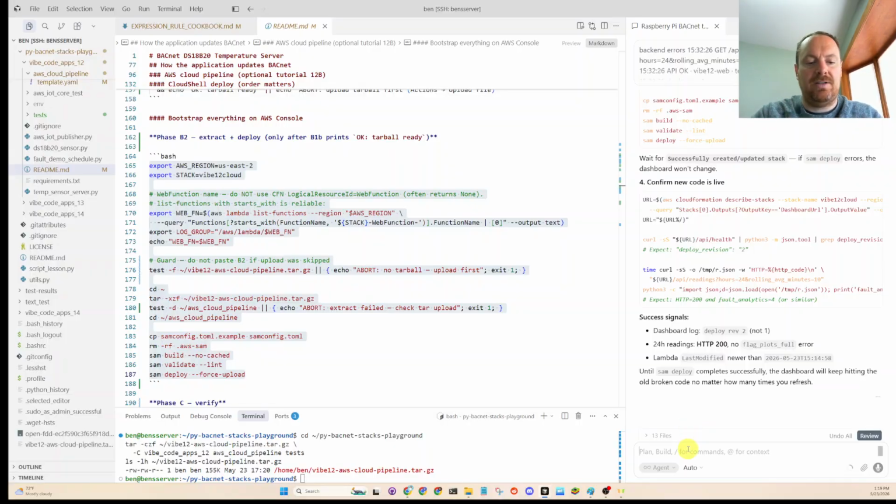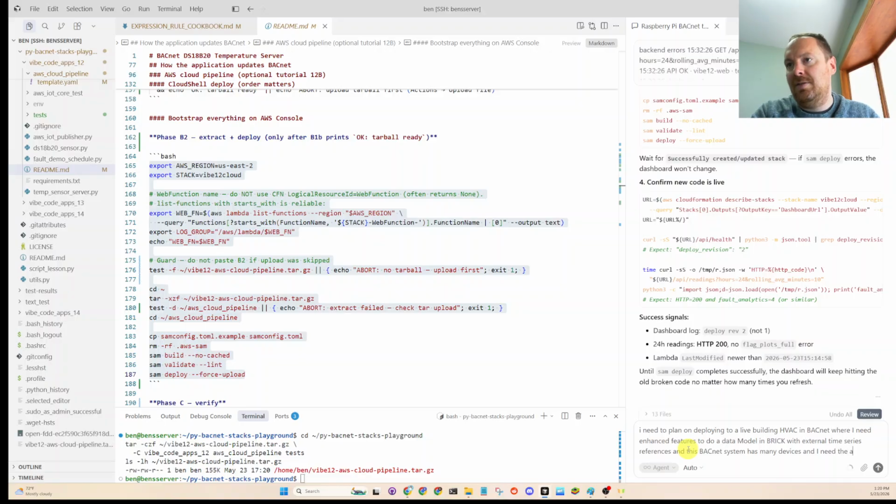The next thing I'm going to say is, I need to plan on deploying to a live building HVAC system in BACnet, where I need enhanced features to do a data model in Brick with external time series references, and this BACnet system has many devices, and I need the ability to plot many sensors at once